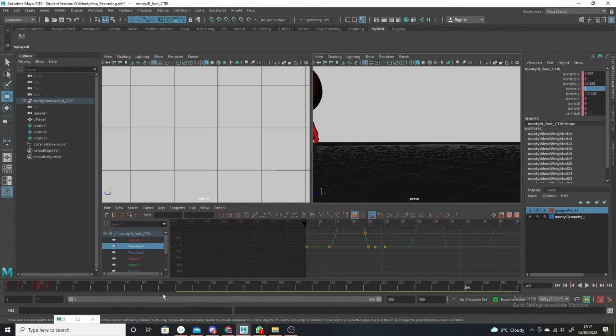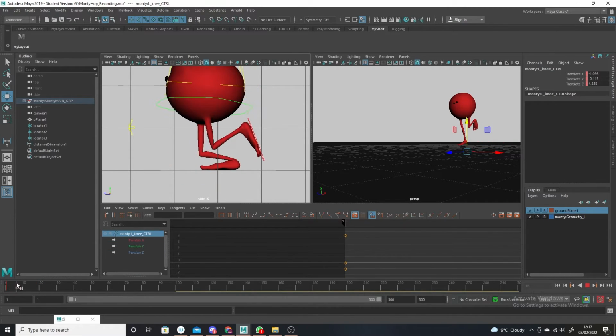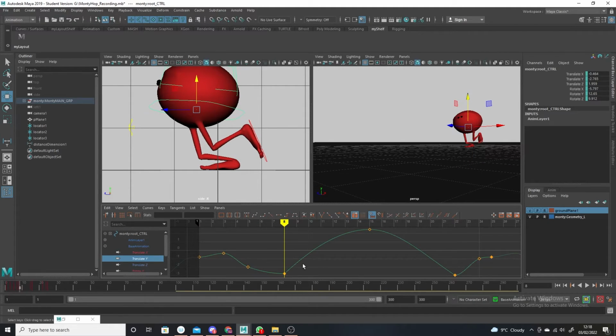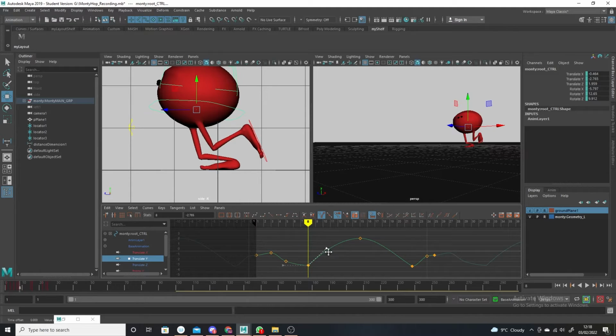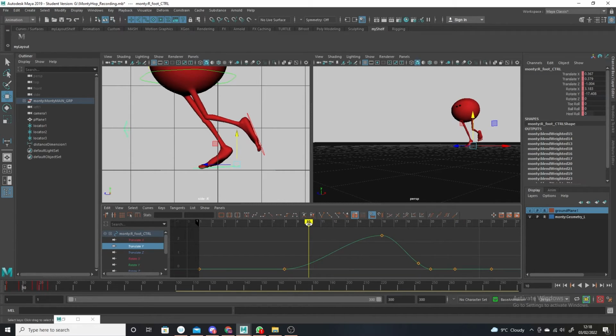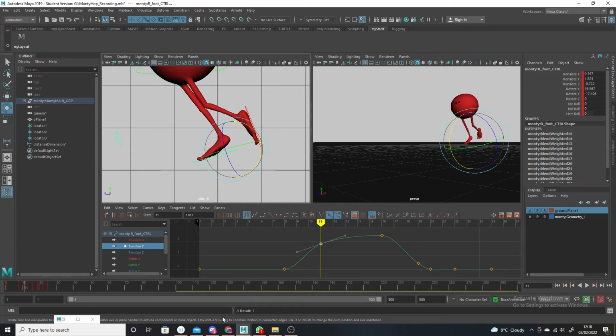I must admit, it's a slightly languid hop. I think maybe it's the speed that his body comes off here that needs to be increased a bit. I think it just feels a little slow. And maybe this foot here is also too slow. It needs to come up a bit faster. Yeah, it's all feeling a bit, yeah, maybe